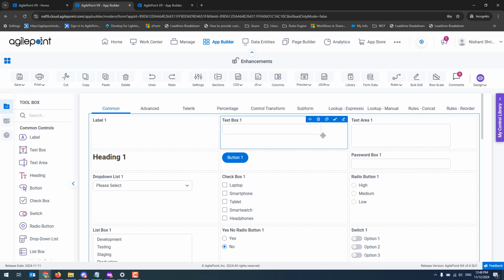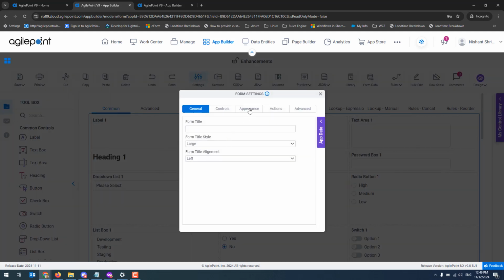So I've created a test application to cover all of the scenarios, and I'm going to cover them one by one. So the first change is there's a new theme type which is available. So if you go to settings, appearance,